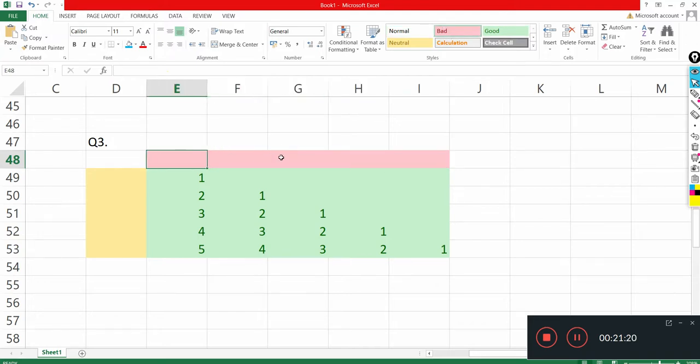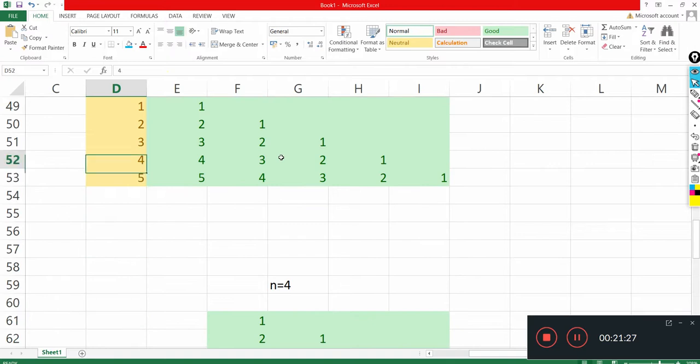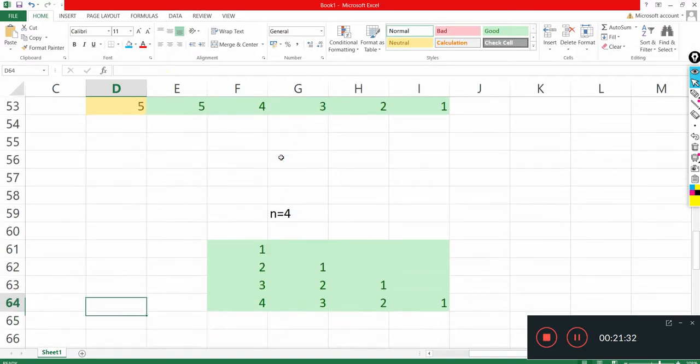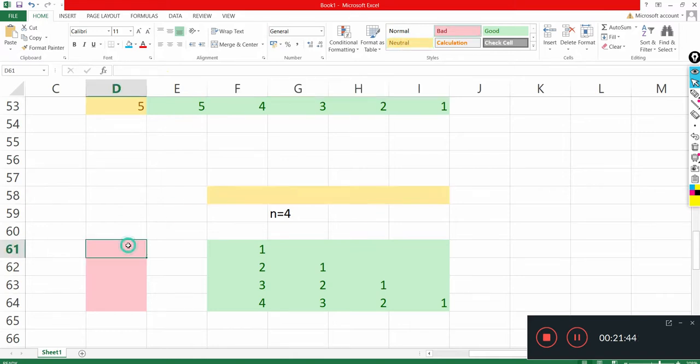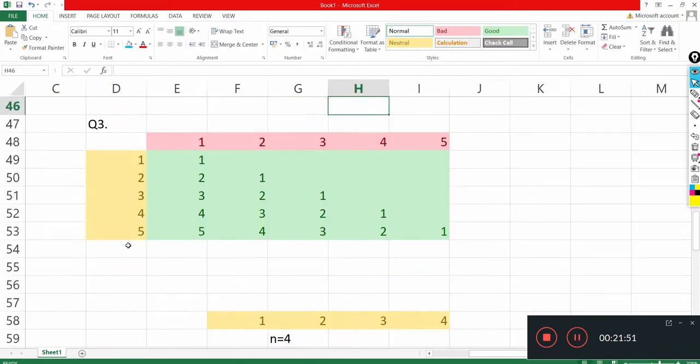So this is going to be 1, 2, 3, 4, and 5. These are going to be the row and column numbers. Similarly, for n equal to 4, what are you going to get? For n equal to 4, you will be getting this sort of pattern. Then what I will be doing over here is 1, 2, 3, and 4. You will be getting this sort of pattern. If you carefully notice one thing over here,